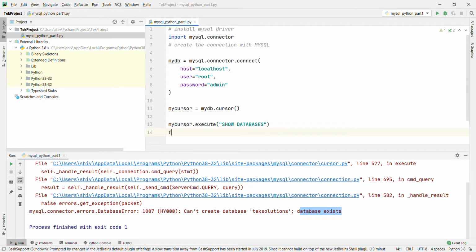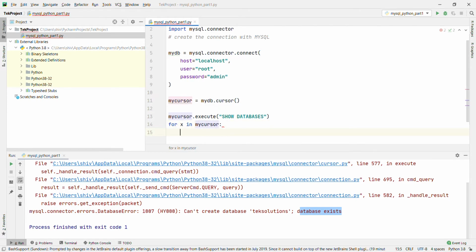Then I use a for loop: for x in mycursor, print x. It will connect with the localhost and show all the databases under it. Let's run and see.